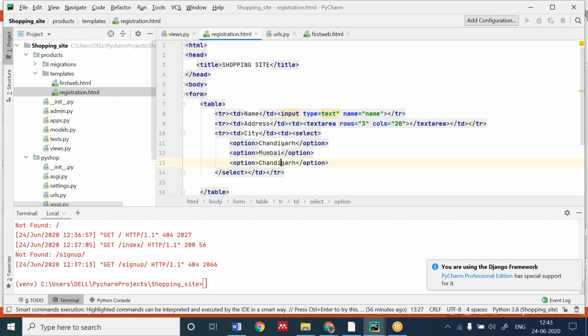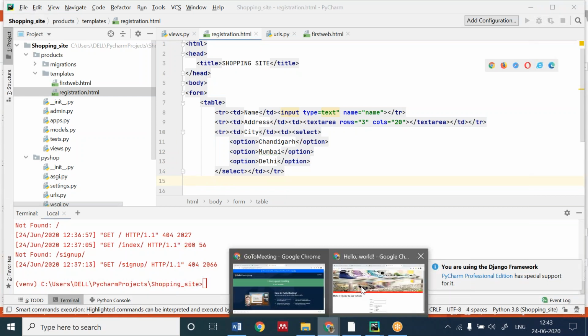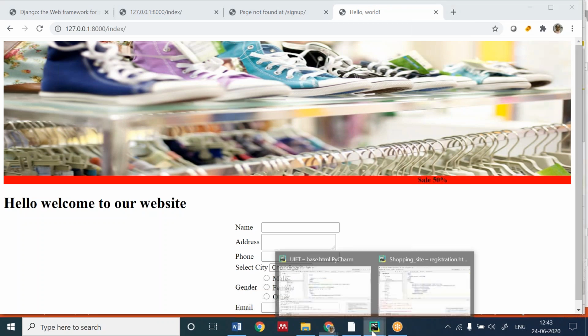I'm creating a new page for you all. You will see how to create a new page and how to add the linking. This is for the drop down like this. I will show you what this is. Firstly, we have created the text, then the text area, then this drop down. Now we are going to create the radio button.